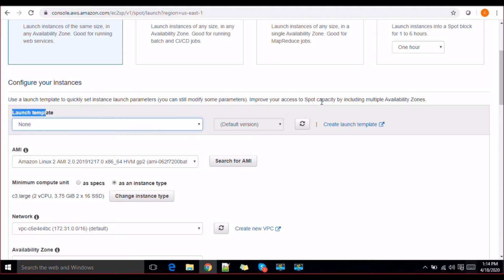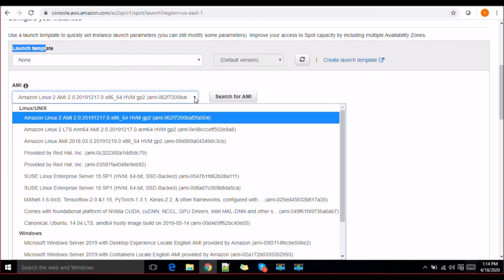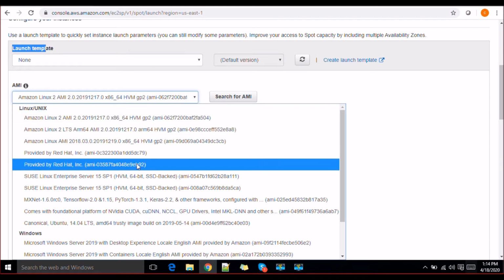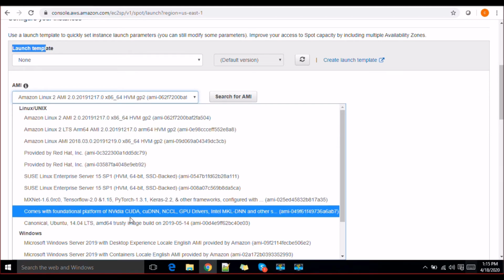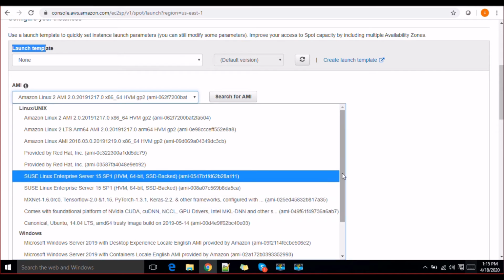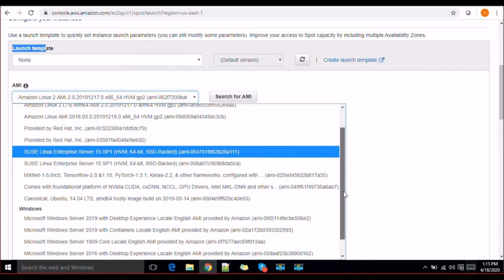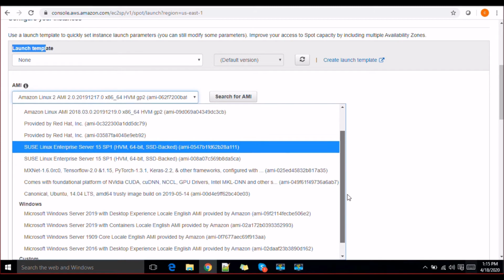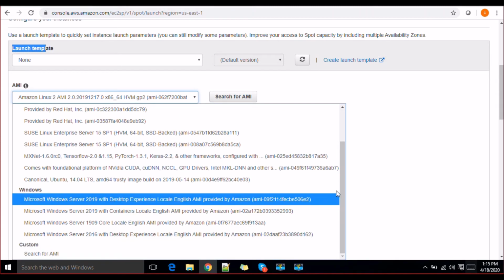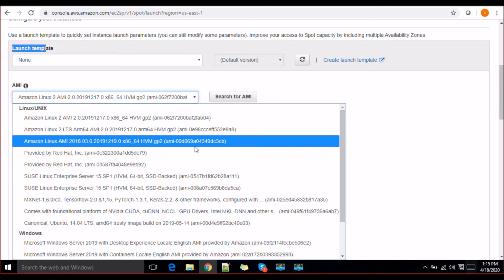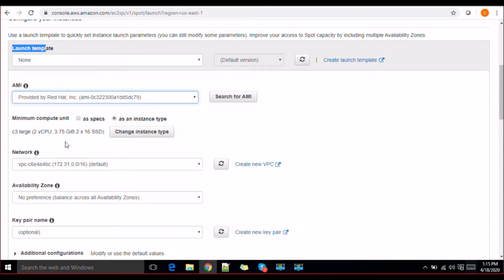The launch templates are basically used when you are doing some auto scaling stuff, right? So if you are going to take your custom images, then we can use the launch template. I'll take you through these things also. The next is AMI, right? What AMI you are going to select here. You can select any of the AMI you are looking for. AMI is basically Amazon Machine Image, right? You can select any image from here. If you want to search for a custom AMI, you can search here also, right? So let's say I'm going to go with this Red Hat first, provided by Red Hat Inc,